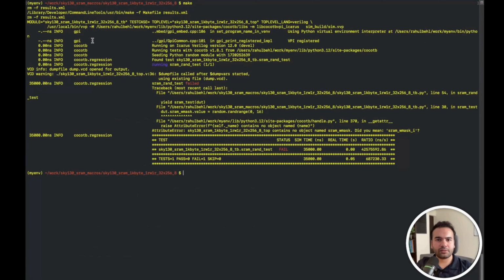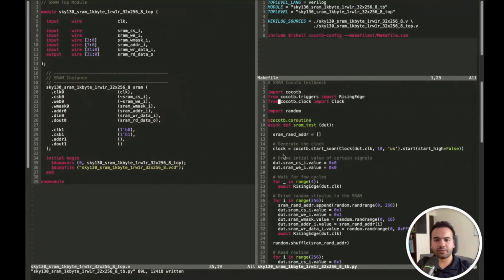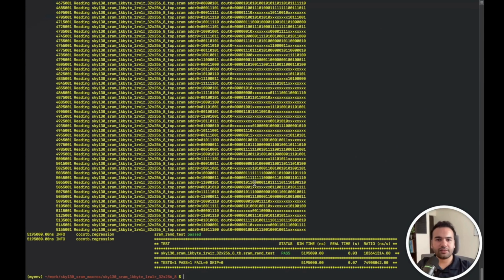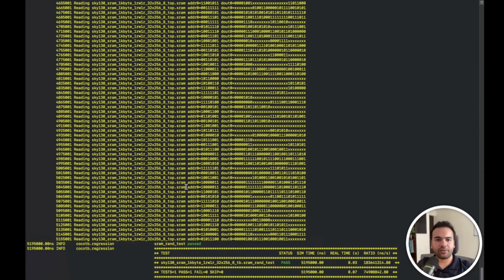Okay, so at least those errors have gone away. Now we are saying that sram_wmask... Okay, so I missed an underscore here. And let's try this again. Finally, it should work now. Let's see. Great. Yeah, we do see that it passed, and we also have some of the data